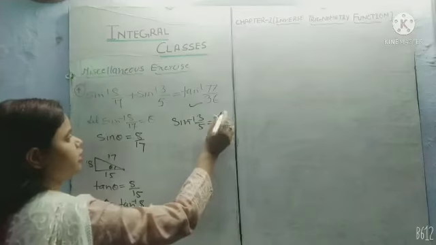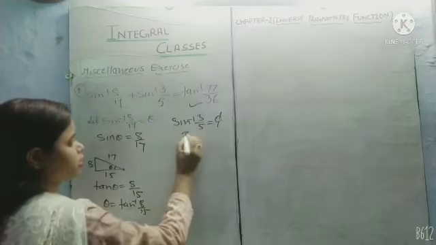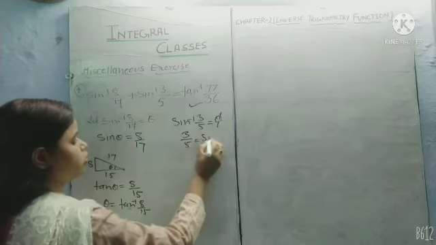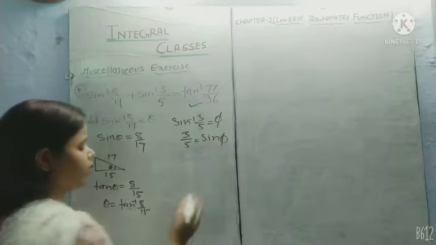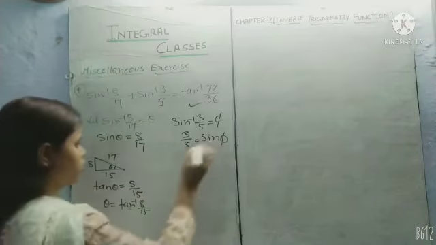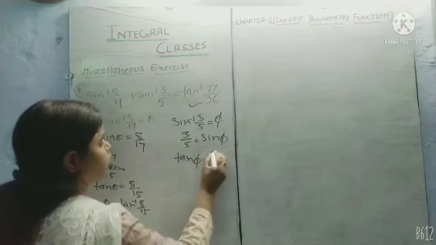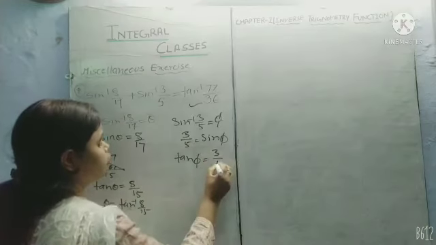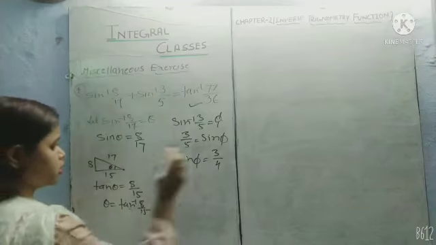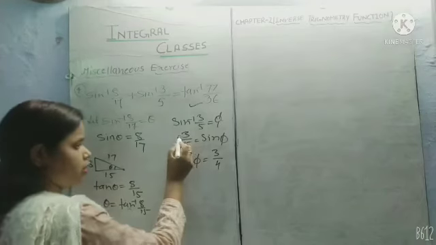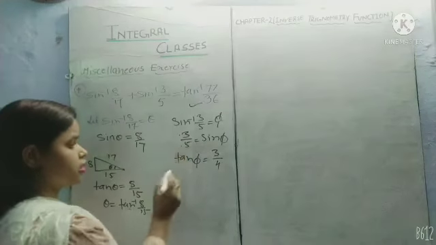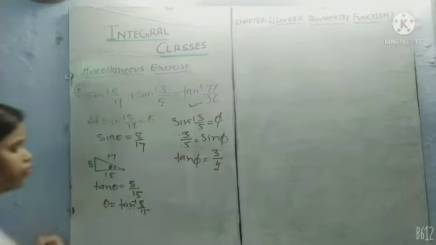We will let here it is α, suppose. Then sin α equal to 3/5. Okay, so now change in a tan α equal to 3/4, because it is a perpendicular, it is a hypotenuse, so we will get here base is 4.